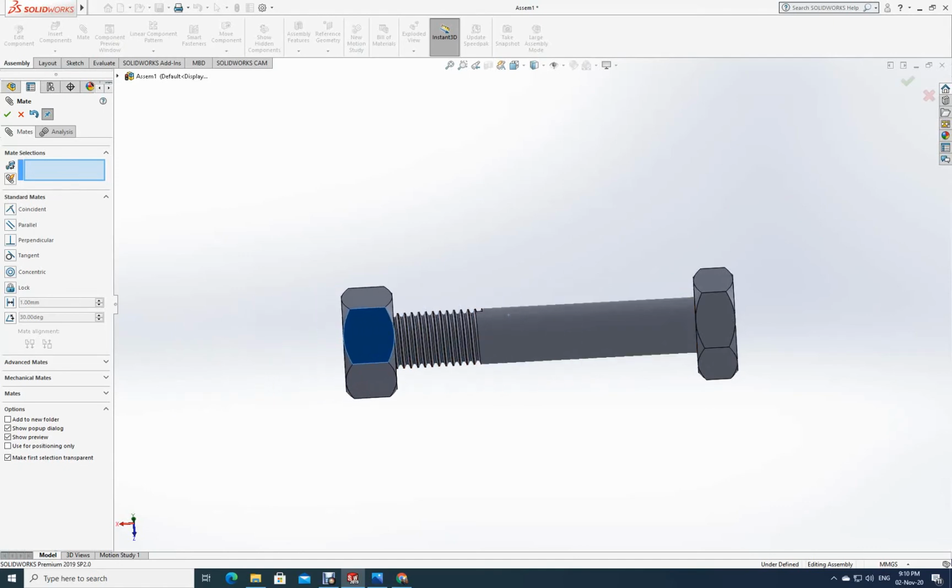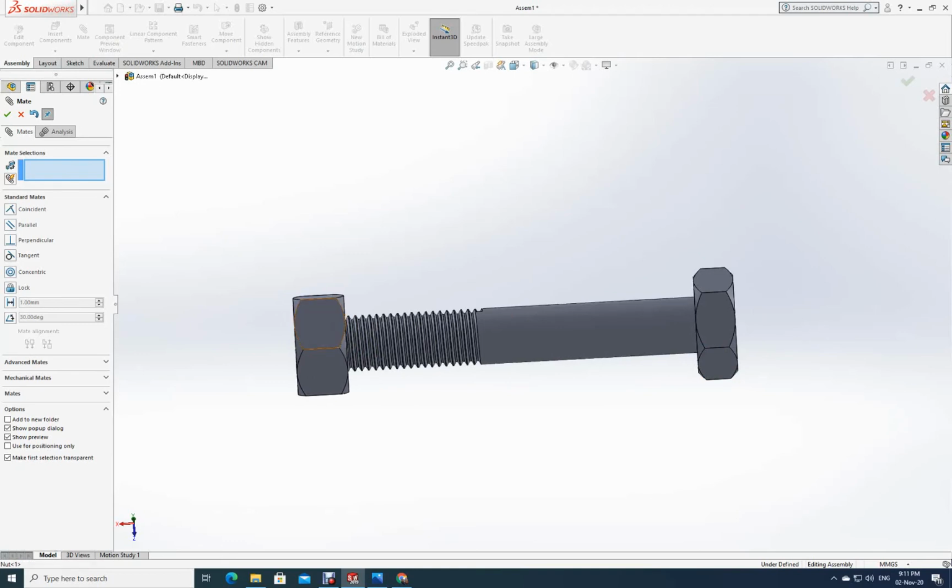Is this clear? So now I need to fix the second mate. How do I fix the second mate? The length of travel. Okay, see, it is just getting into its head and going like this. This is no good, is it not? It cannot go like this. At maximum it should come and touch over here, and at minimum it should go up to some point over here or somewhere over here.